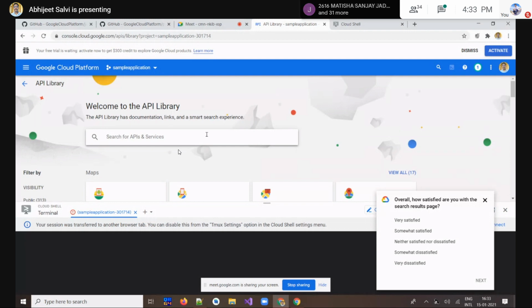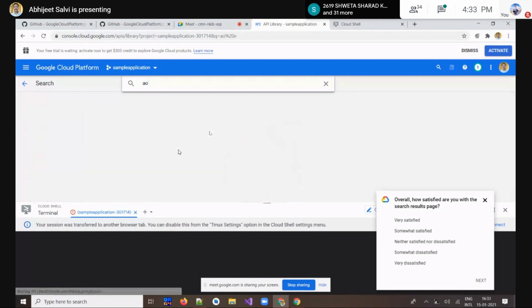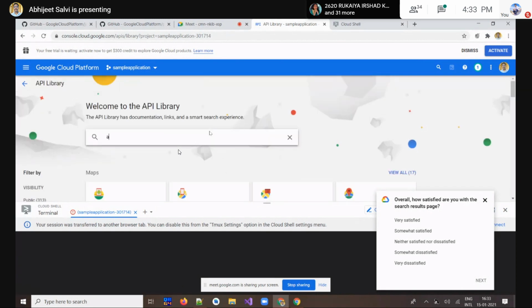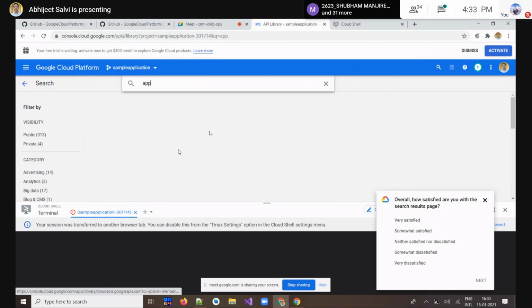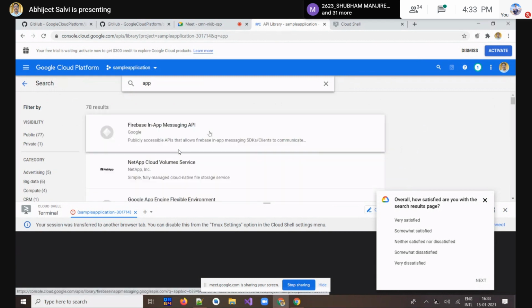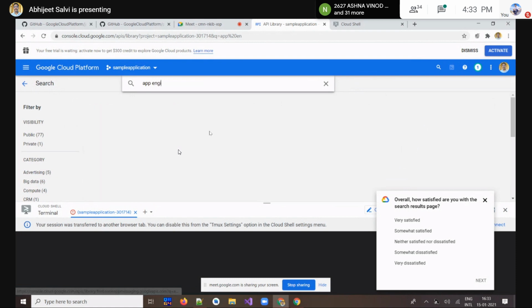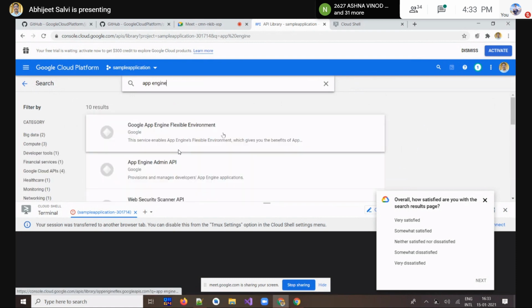So which APIs are we supposed to be using here? App Engine. Okay. Sorry. Either you can go for the Google App Engine flexible environment, or you can go for the App Engine Admin API.